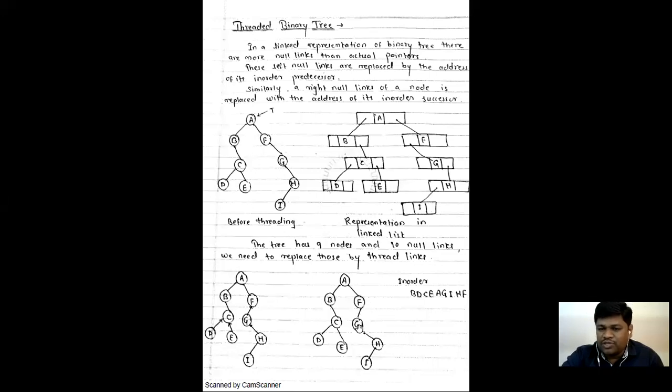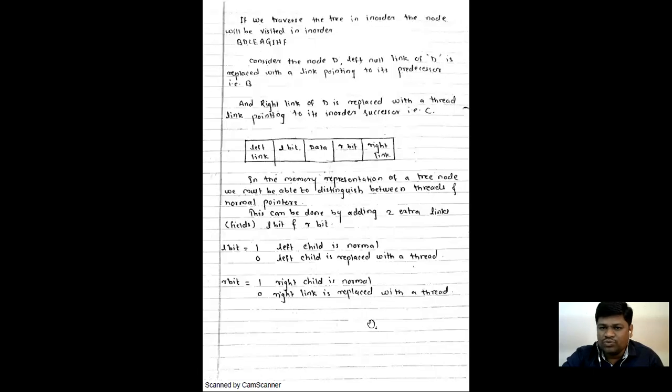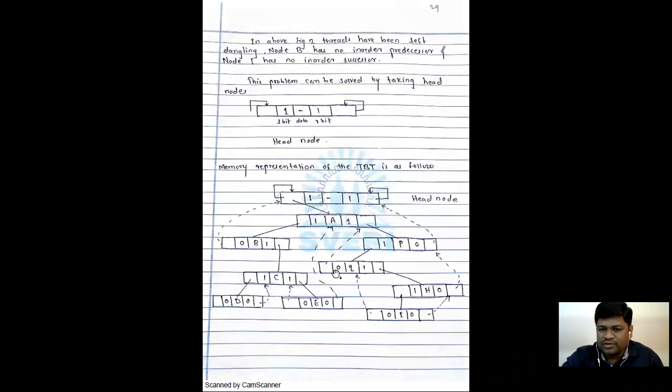Then what is the value of Q here? Q चा काय आहे? लेफ्ट पॉइंटर काय असणार आहे Q चा? G चा काय असेल? हा G म्हणजे Q आहे. हा ऍड्रेस ऑफ A. मग हा नोड कसा रिप्रेझेंट करणार? G आणि त्यालाच आपण इथे Q म्हणलेलं आहे. हाऊ इट इज रिप्रेझेंटेड? 0 bit value, L bit is 0 and right bit is 1. So because this right link is connected with the H node, store the address of H node, and left link store the address of predecessor E, right? And that will be represented by using this dash line.